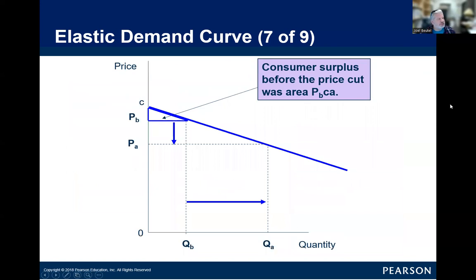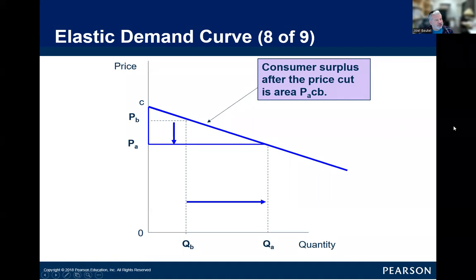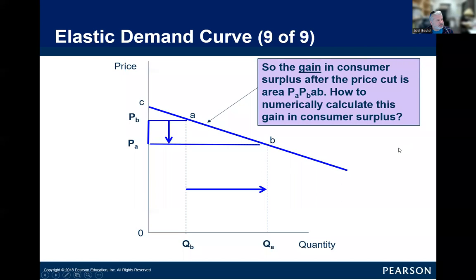Okay, what was the consumer surplus before? Our consumer surplus was small at a higher price. After the price cut, we get this larger triangle, which represents a larger area for consumer surplus. So you've got PA to C to point B out here on the hypotenuse. Okay, so the gain in consumer surplus is going to be the gain of that larger triangle and subtract out